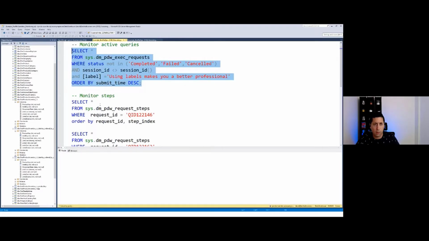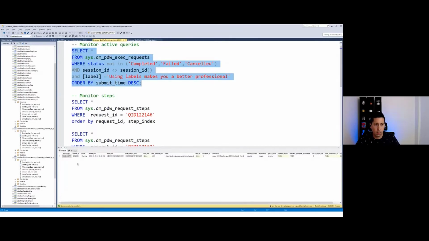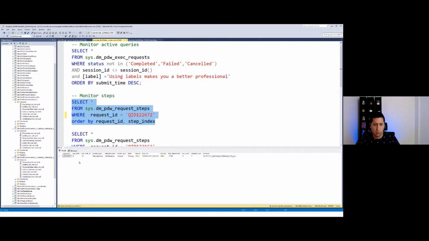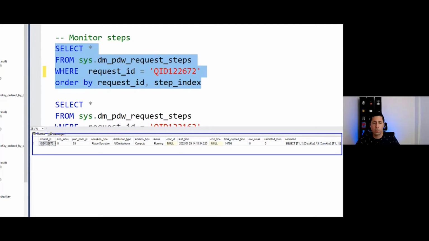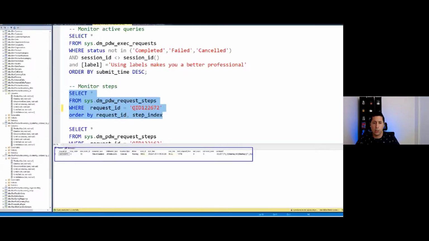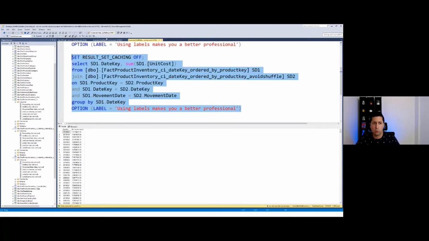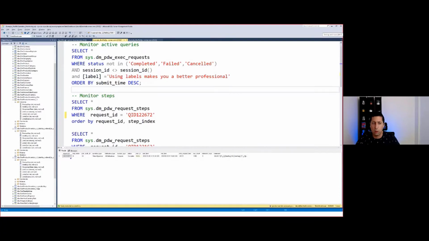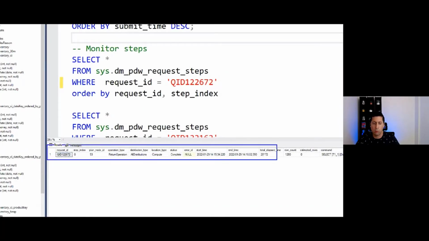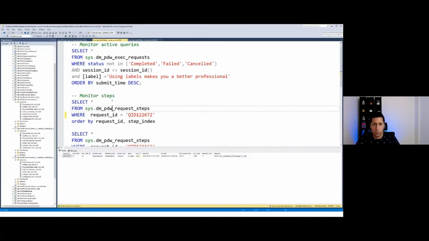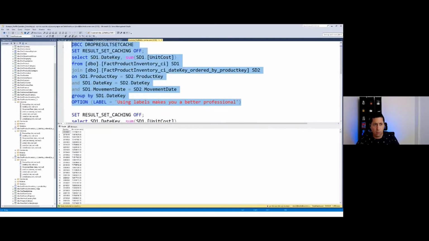So now we pick up that query. You can see that I'll pick up the ID and I'll show you the steps. You can see that these are the steps that we're going to execute for that specific query. So remember, this query is just joining two tables that are using the same hash distributed key. And as far as we know, it has already finished. So there is not any other step. This is the only step that we have to execute at the compute node level. Now let's see if we can run the round robin with this one here,